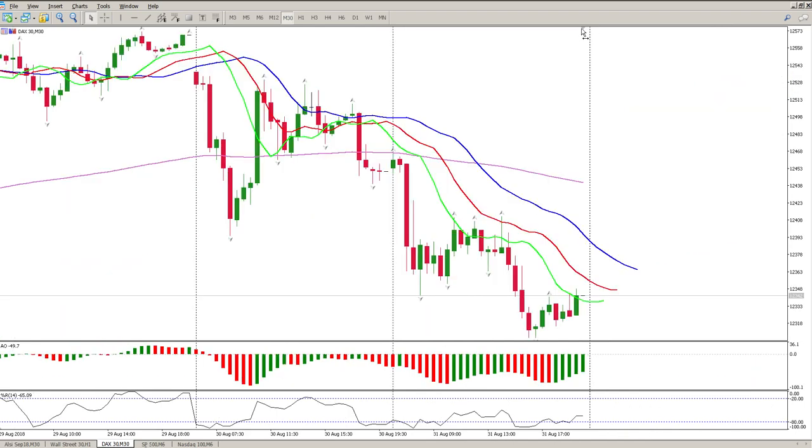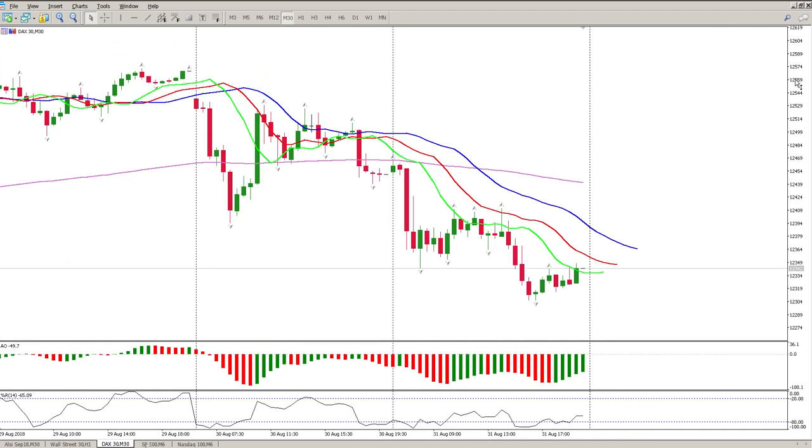If we drill down to the lower time frames, you'll see we tend to move down, and then we consolidate, and then we move down, and then we consolidate again. Okay, so you would expect some more of the same to take place today, but